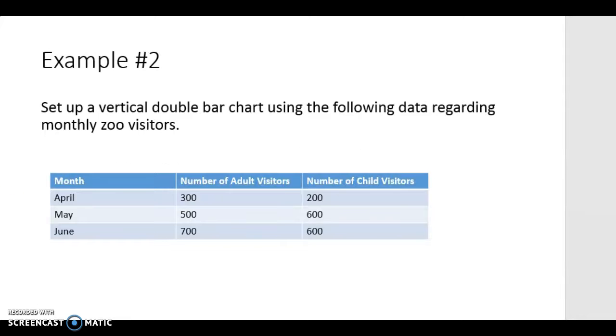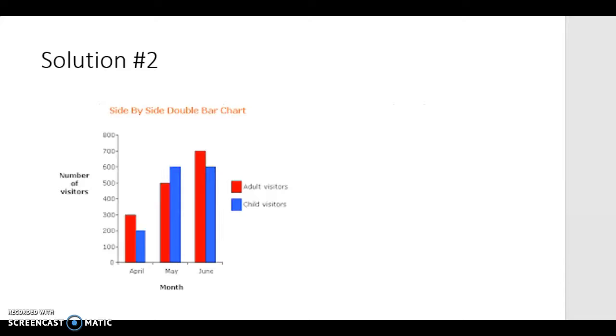Take a look at the next one here. Let's try to set up a vertical double bar chart using the following data regarding monthly zoo visitors. Let's say you had a small zoo and you're trying to find out how many visitors you had each month for a 3-month period, and you wanted to break that down into adult visitors and child visitors. You could do a vertical or horizontal graph. I've chosen to do a vertical